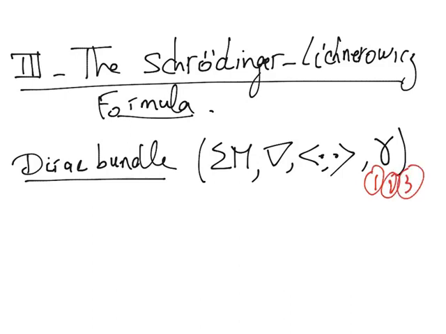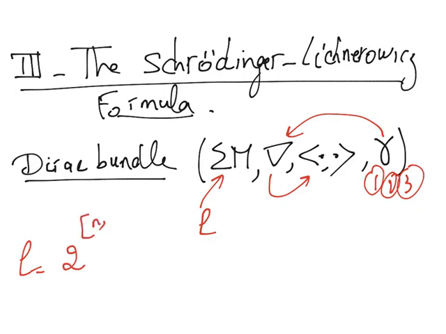And there are compatibility relations between nabla and the Hermitian metric, as well as gamma and nabla, given by the conditions 1, 2, 3. And the complex vector bundle Sigma M has complex rank 2 to the integer part of n over 2,